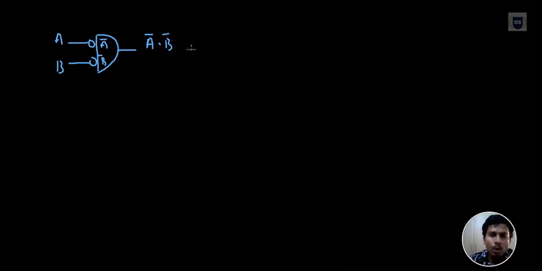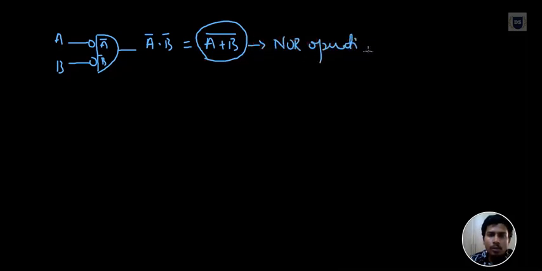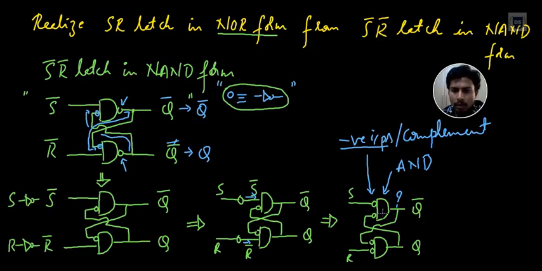And by De Morgan's law, we already know that A bar dot B bar is equal to A plus B whole bar. And what is this A plus B whole bar equal to? A plus B whole bar is as good as the NOR operation. And in order to implement the NOR operation, we require a NOR gate. So NOR is an OR gate followed by a bubble. Therefore, we can easily replace a negative input AND gate with a NOR gate. So here we can replace the negative input AND gates with NOR gates straight away.